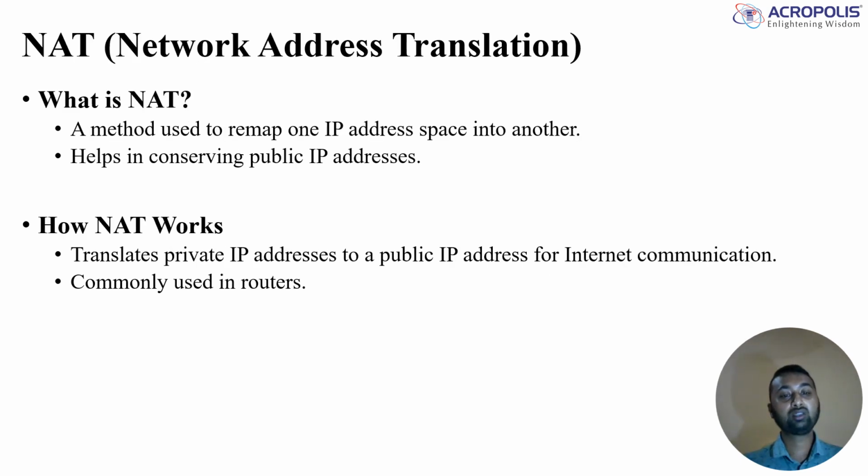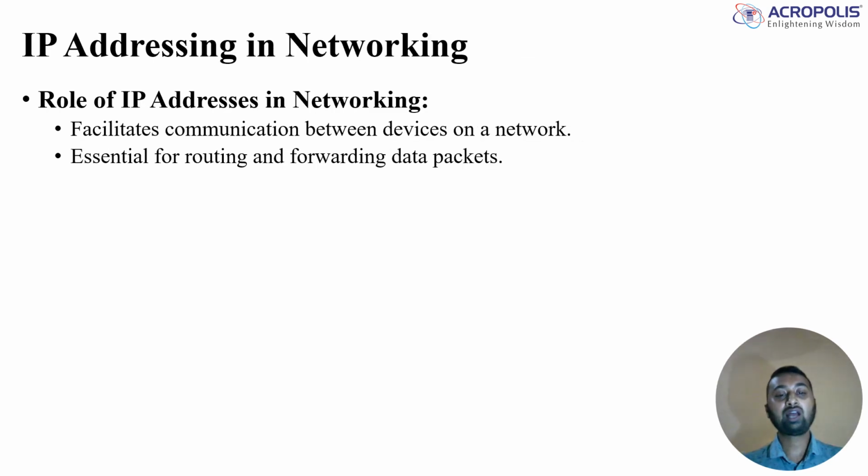Now, next is NAT, network address translation. What is NAT? A method used to remap one IP address space into another. It helps in conserving public IP addresses. How NAT works: it translates private IP addresses to a public IP address for internet communication, commonly used in routers. Now next one is IP addressing in networking. Role of IP addressing in networking: facilitates communication between devices on a network, essential for routing and forwarding data packets